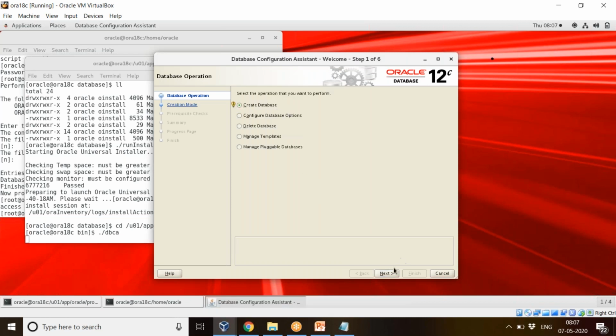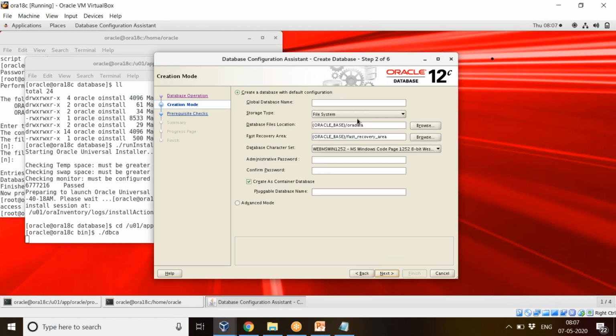So create database, click next. What is the database name you want to give? So for example, DB1, and as I said in the last class, the two types of storage is available. One is ASM, the other one is file system. So file system I choose.